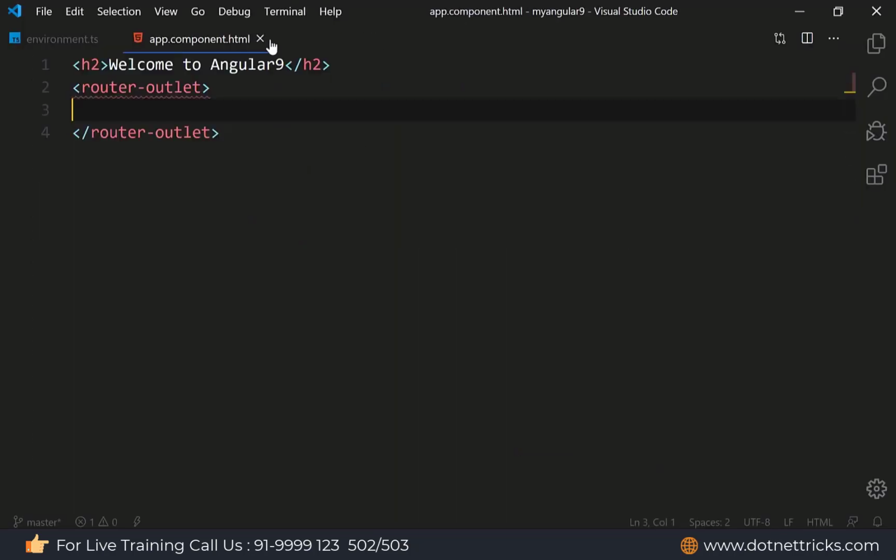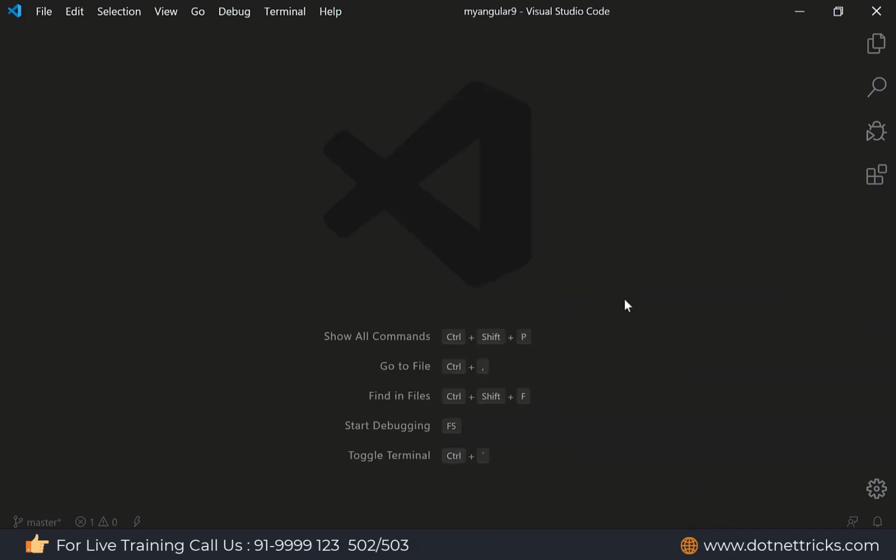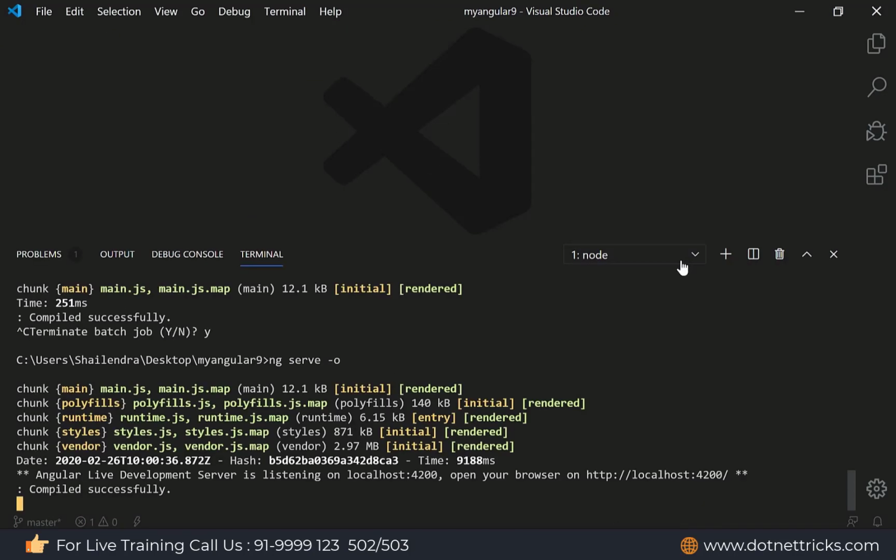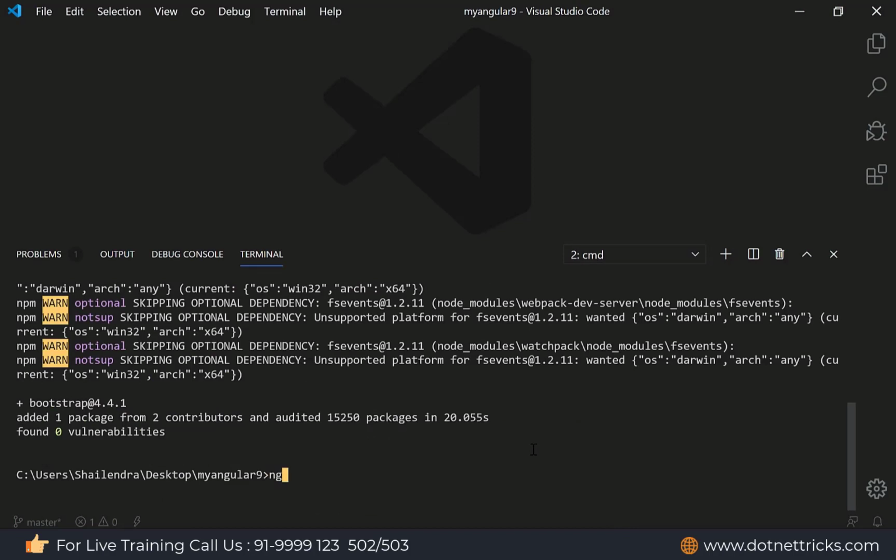Now you can configure the routing for your Angular application by creating the component. So let me create the component. I'm just creating a component with ng c for component, then define the component name, let's say home. Every time you create a component, it will create 4 files: HTML, CSS, test file, and the component file. But here I'm not willing to create the CSS, I'm just using inline style. I can also skip the creation of the test file. So skip the test file here.